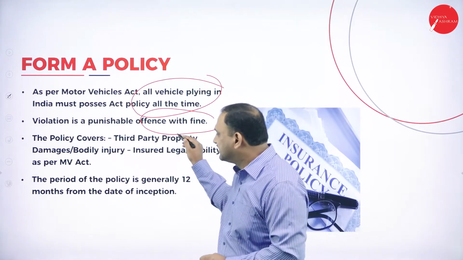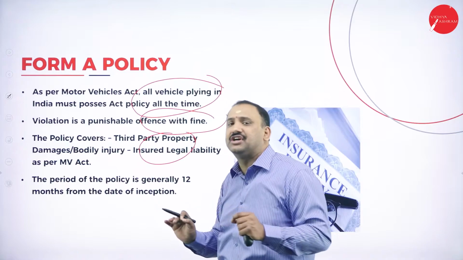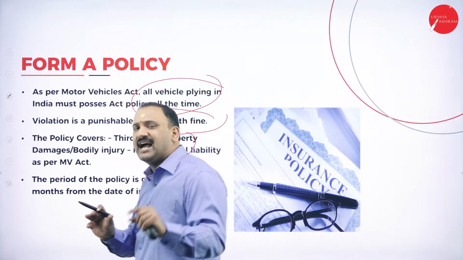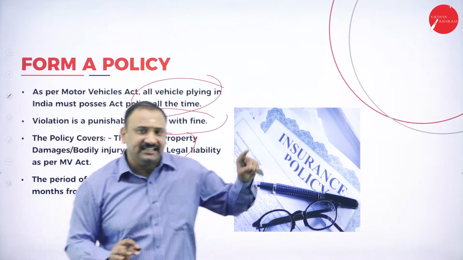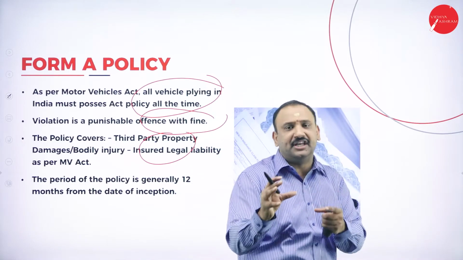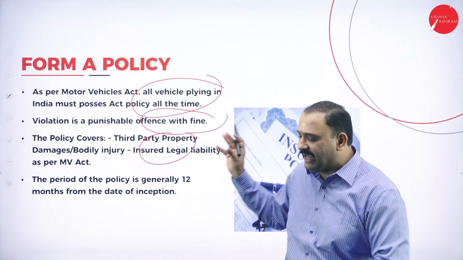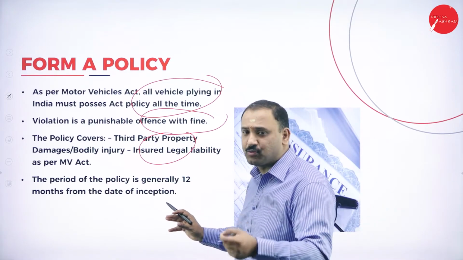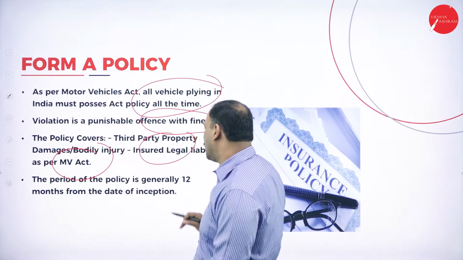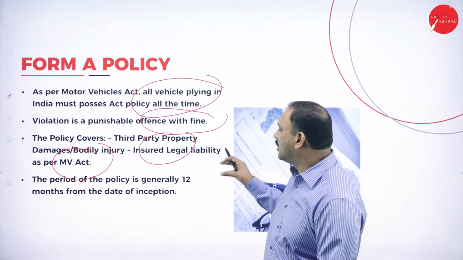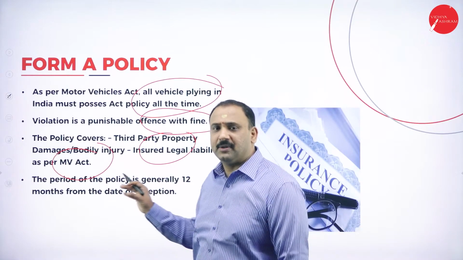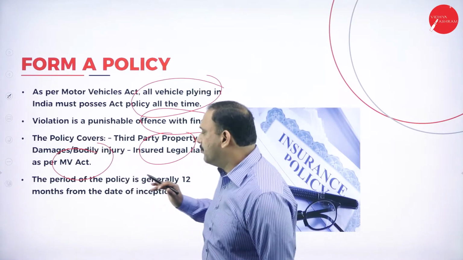The policy covers third-party damages and bodily injury. So, in case your vehicle hits, or is hit by another vehicle, and because of which there is damage to your vehicle as well as physical injury to you, the Form A will be able to cover it and take it forward. That's what we talk about as per the Motor Vehicles Act. Whenever we are talking about the Motor Vehicles Act, this is what comes into the picture. The Act tells us what the challenges and problems are, and this is why we are getting into the Motor Vehicles Act.